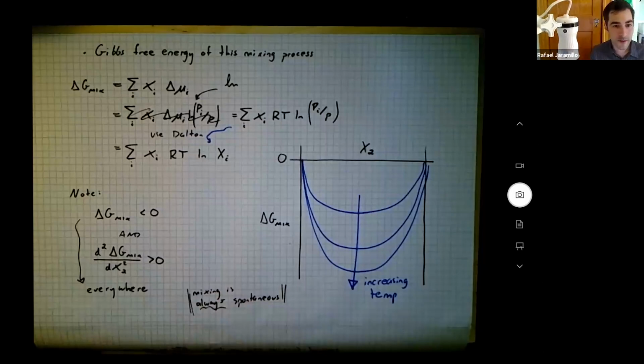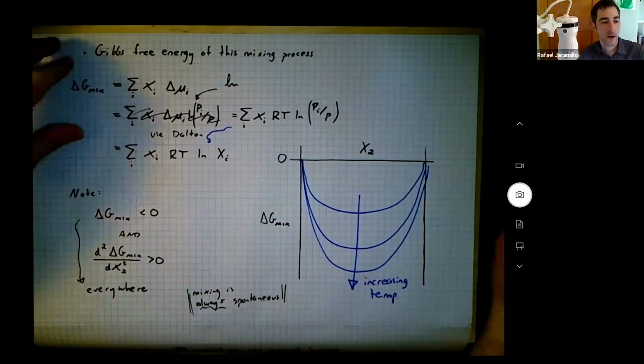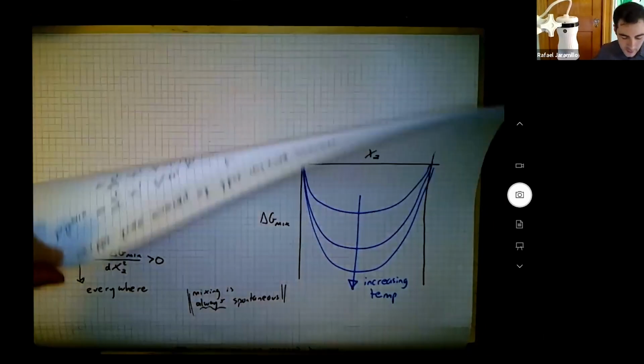Which is good because we expect that to be the case for ideal gases mixing. This goes back to the baby book, right? When you have these two populations of gas molecules and they don't interact with each other, and you remove the barrier between them, you expect them to mix spontaneously. And that's what this math is enforcing. So, okay, so now what we're going to do is we're just going to abstract this a little bit